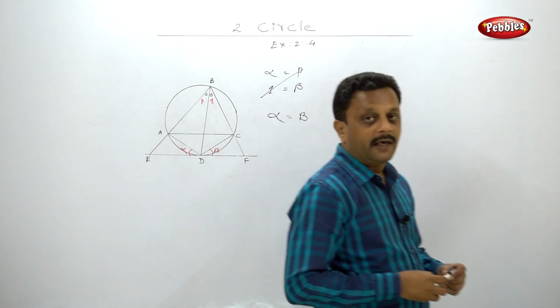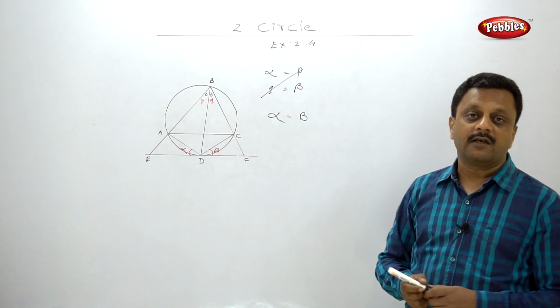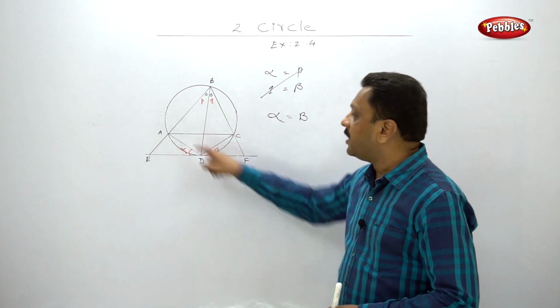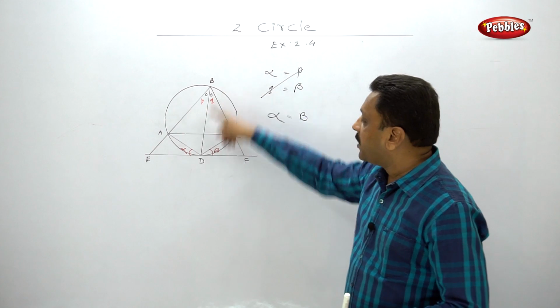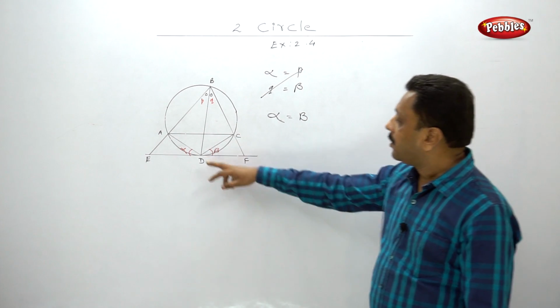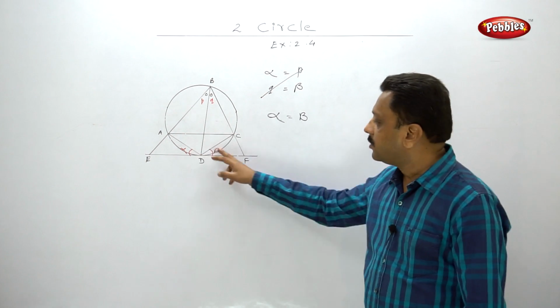Simple, extremely simple example when you call these angles alpha, beta, P and Q. Otherwise you can even write that angle EDA is equal to angle ABD, and angle FDC is equal to angle DBC, and hence